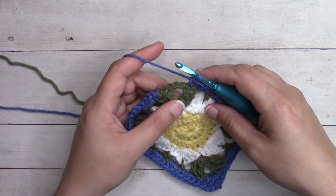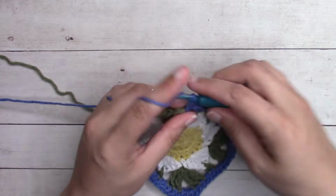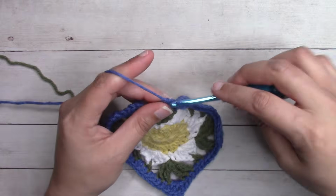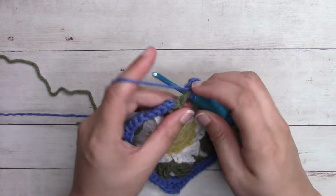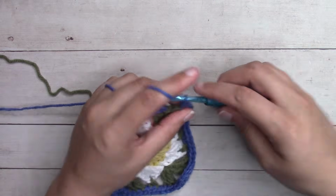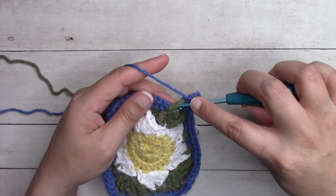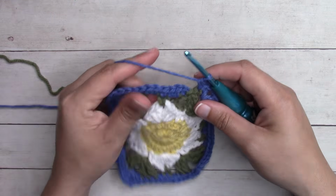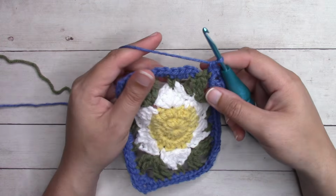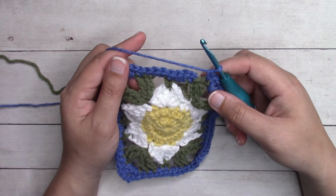For this last corner chain space, 2 double crochets, chain 2, 2 half double crochets. Then I'll single crochet into the very next stitch, and I'm back to the beginning and I'm ready to slip stitch join. Now I want to work the rest of the rounds in the back loop only,